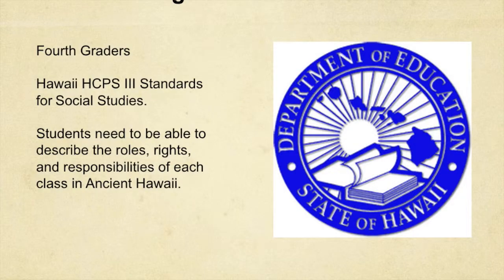The targeted audience for this ebook is public school 4th graders in Hawaii. It was based on Hawaii's Content and Performance Standards, also known as HCPS 3, for social studies. 4th graders need to be able to identify and describe the rights, roles, and responsibilities for each ancient Hawaiian class